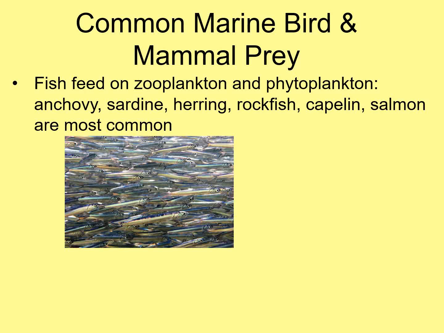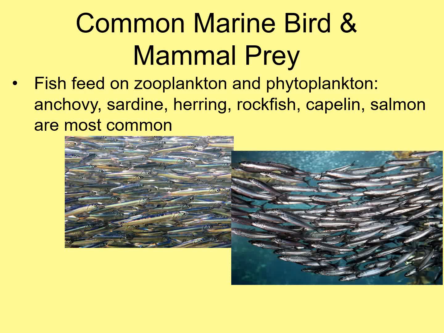Other primary prey species that do not include fish are things like pelagic red crab, which are crustaceans, but they're basically too big to be considered zooplankton. So they're somewhere along the squid line of things in terms of being a prey item. So different types of fish varying in size. We have tiny fish like anchovies and sardines. Rockfish are kind of medium-sized. Capelin also kind of on the smaller end of things. And then you have larger fish like the herring here on the right-hand side,